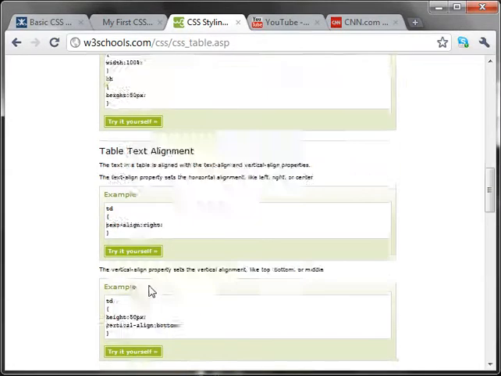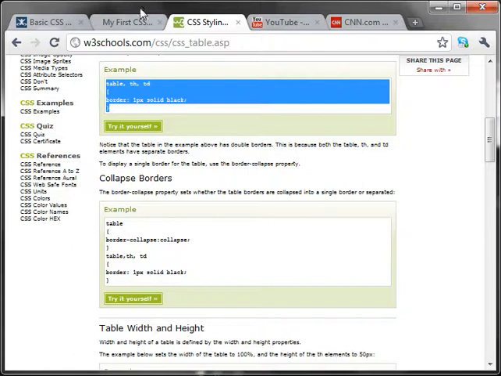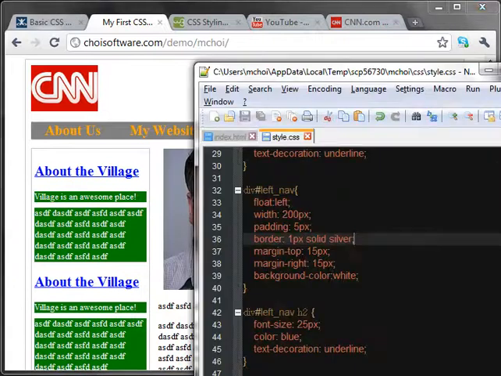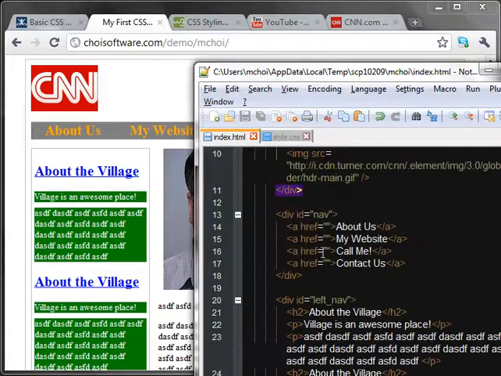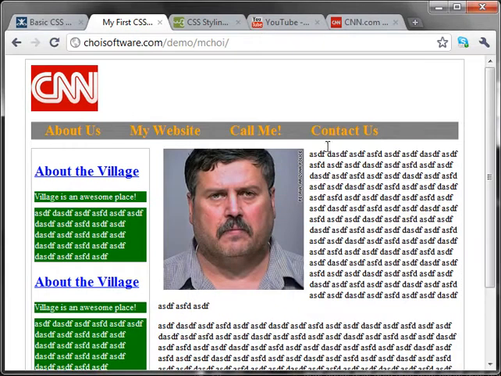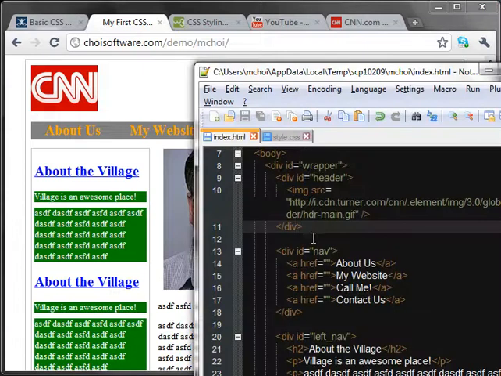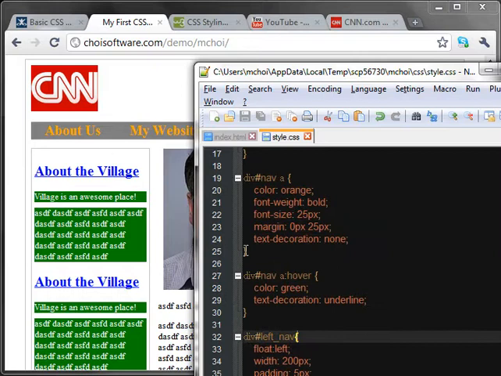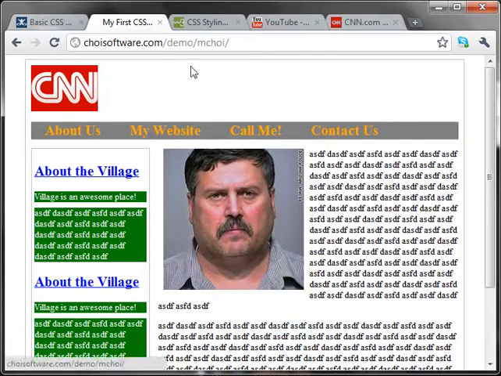around with different CSS. The best way to learn is to create your own website, and you have to put in your mind how you're going to make things work. And before you do any CSS, group certain items together using division ID or division class. Okay, group them together, sketch it out on a notebook or whatever. And then don't even use any CSS, just group it all together. And once you group it together, create a CSS file and just play around with it to make it look